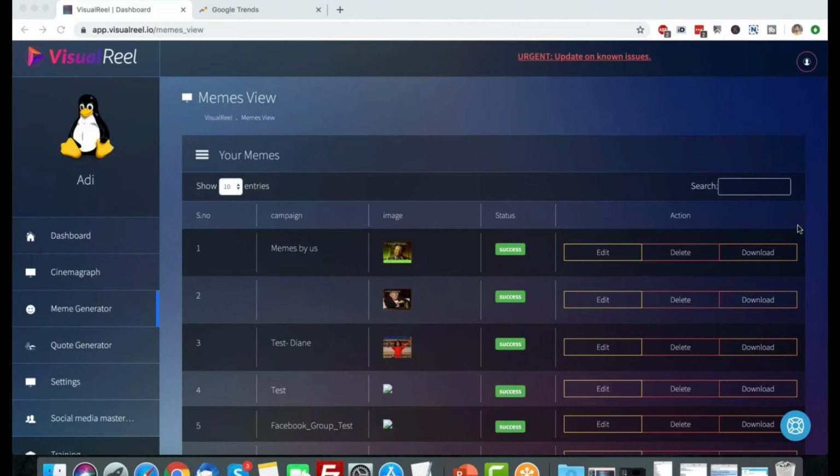So if you see a new trend, you should definitely go into VisualReel, go into meme generator, create something funny, something controversial, and instantly share it on your Facebook fan page, on your Instagram profiles or Twitter, and give it a little bit of push, and people will start tagging their friends, start tagging other people, and if it is good, it will pick up and you can go viral. The moment you go viral, you can have so much traffic. That's how you create memes.